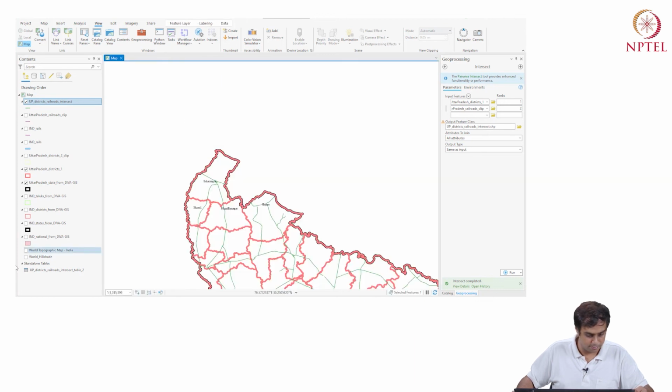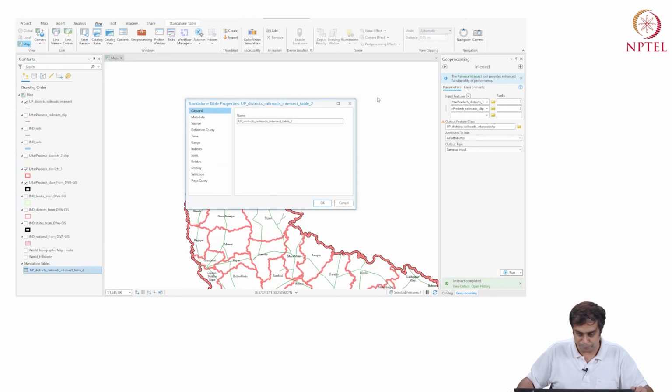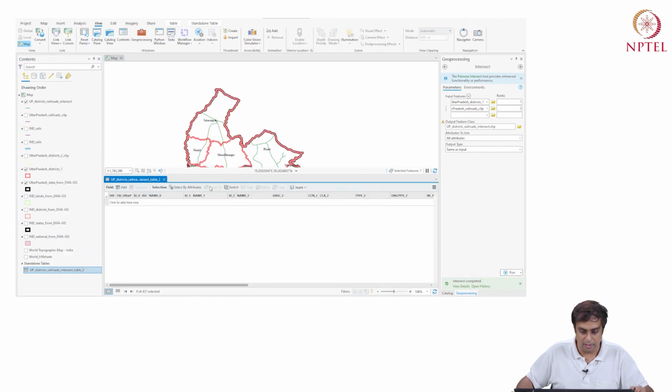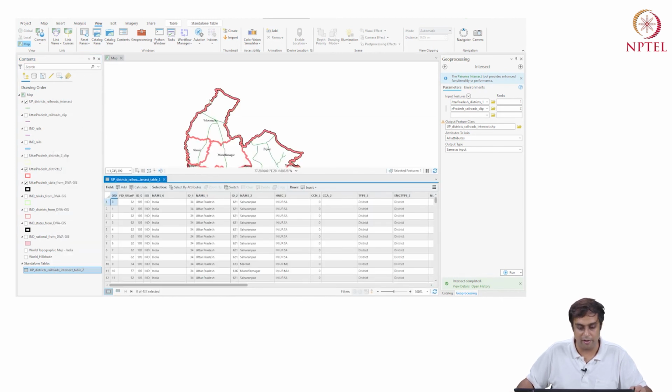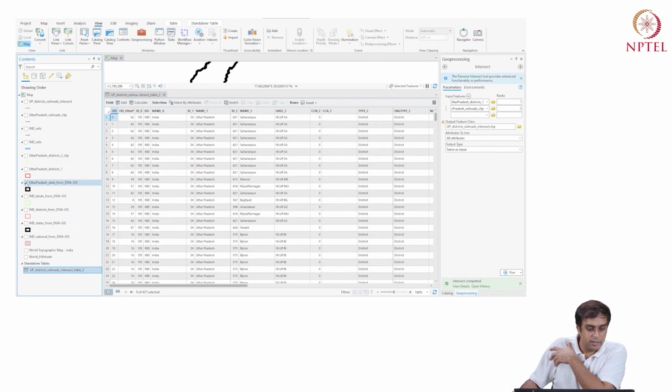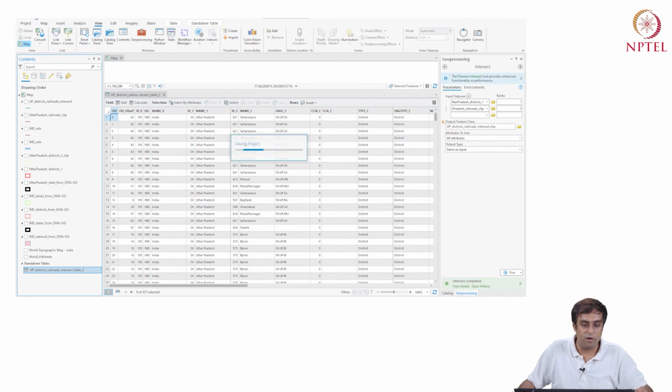So if I close this, I will be able to double click and open this table by right clicking, open. Here we go, right? So here I have the table which is separate from the file itself. I don't need the file anymore. I can just look at the table, right? Okay, so that's about it. I'm going to save my work.